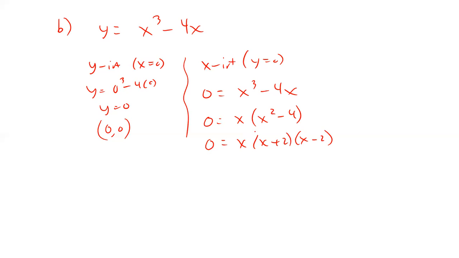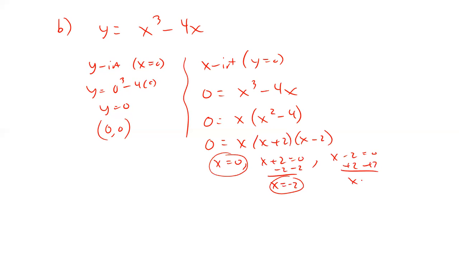So then there's 3 things multiplying each other. Each of them is going to be set equal to 0. So x is equal to 0, x plus 2 equals 0, x minus 2 equals 0, and solve each of those. This guy's solved already. Done. This one needs to have a subtract 2 on the end. That's done. This needs to add 2, and that's done. So I got my answers of 0, 0 here. A y of 0 gives me x of 0. A y of 0 gives me negative 2 for x. And a y of 0 gives me a positive 2 for x.